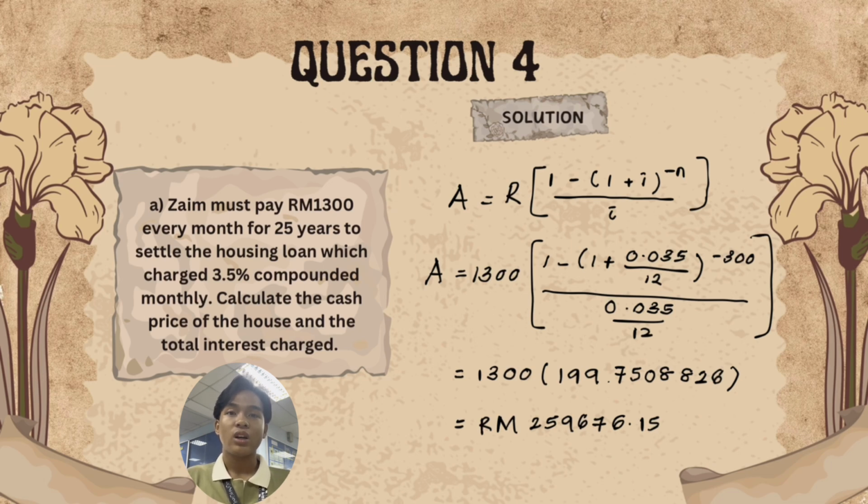In this question, R and i have been given, which is R equal to 1,300, i equal to 0.035 over 12, and n equal to 300. The final answer for this question is RM